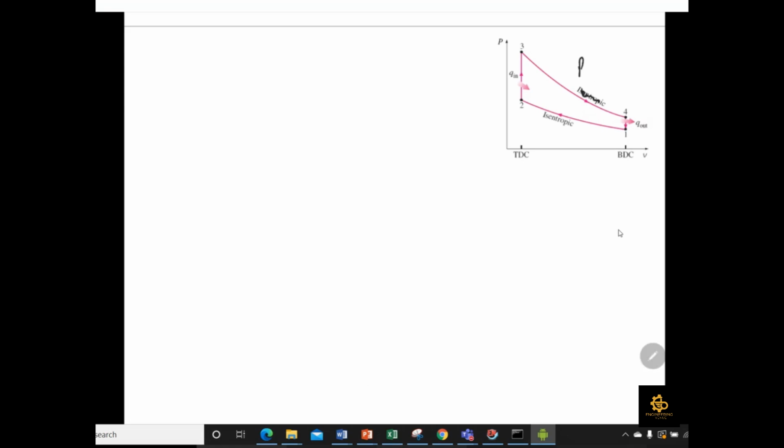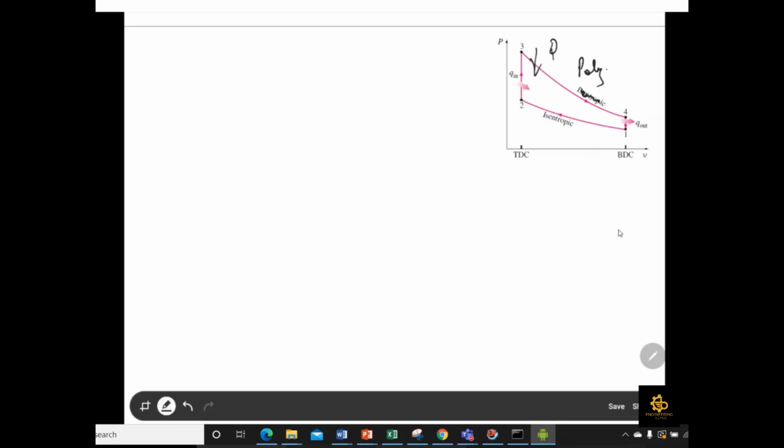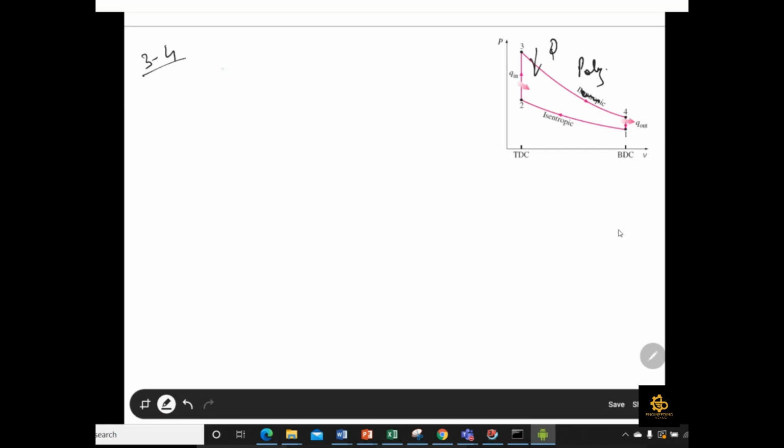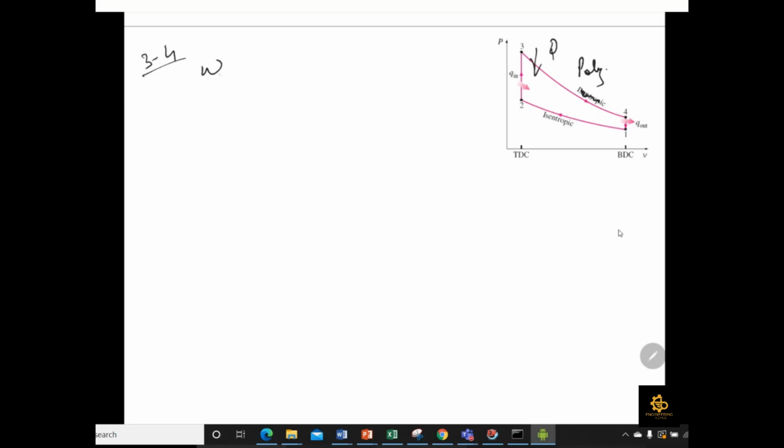So here it is a clear TS diagram over there. So just you have to write polytropic over there, and here there will be another Q. Okay, so now dealing with the process 3 to 4, which is your polytropic process. So for a polytropic process, we already know your boundary work. So between 3 to 4, W3 to 4 is equal to